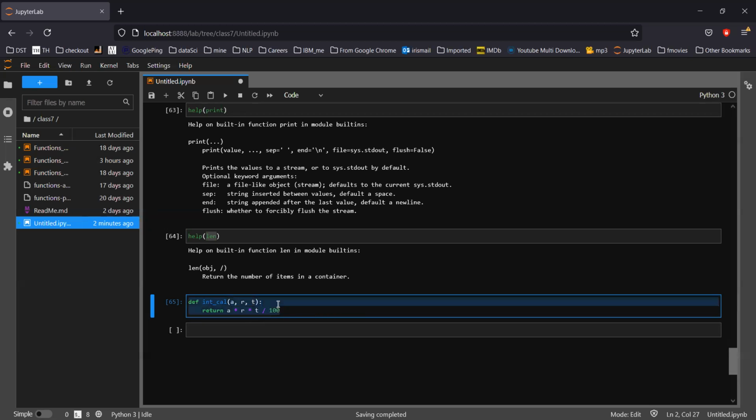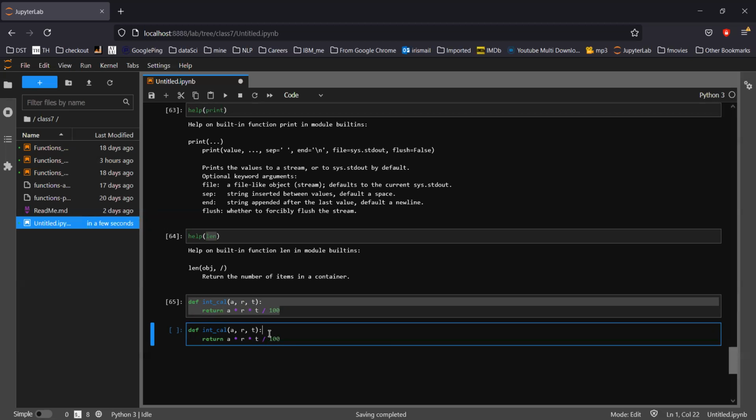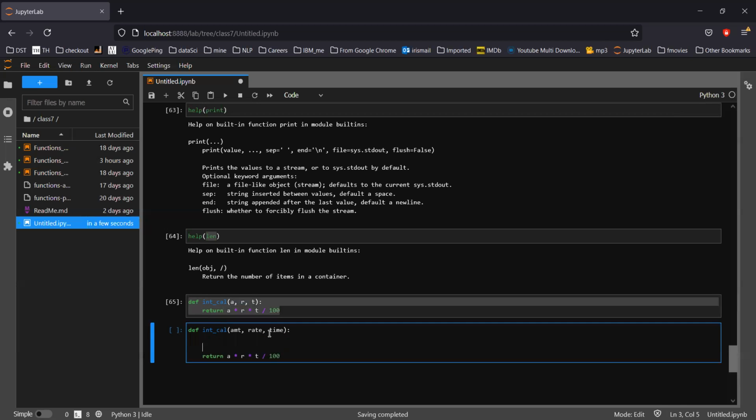So this function right now is a little difficult. The calculation is simple, so you can understand, but if a new user is told to figure out what this function means, he might not be able to say what that means. So the logic is simple. Again, this is amount, this is rate, this is time. That's the one thing.